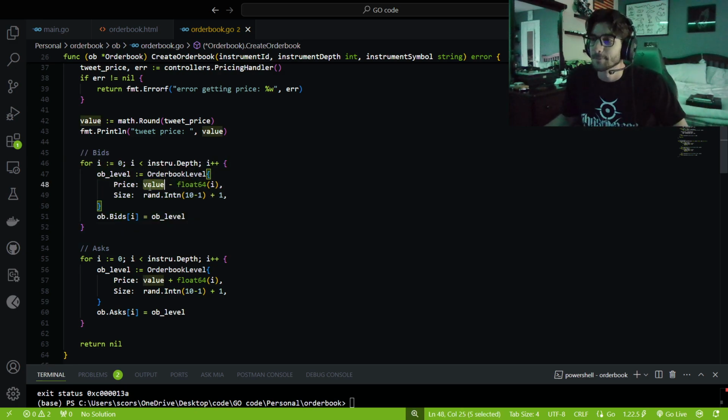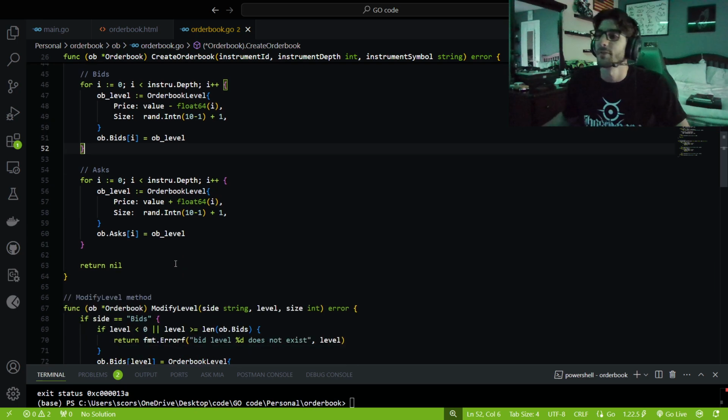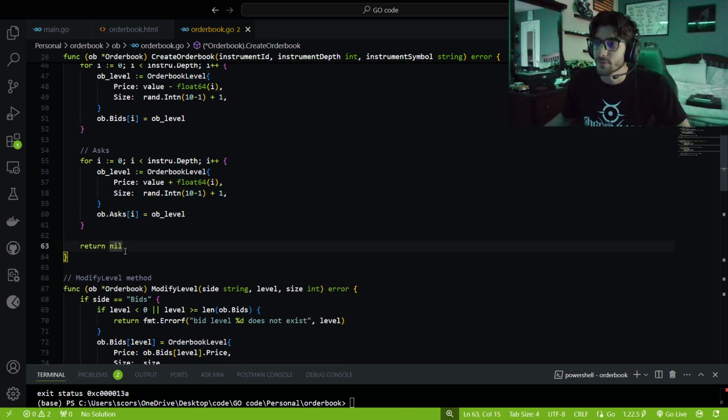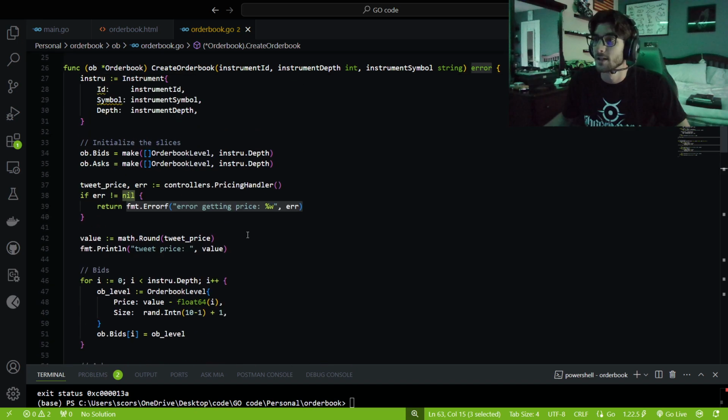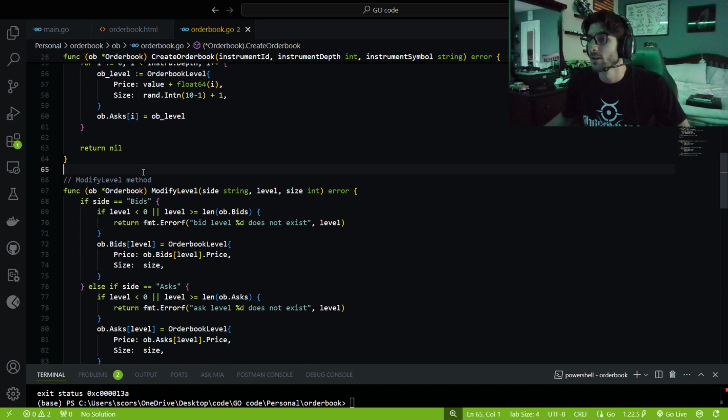I'm just having it decrement and increment the price of the tweet for each level. I'm not actually going by decimal places or anything, which you should, but just to get this quick, conceptualize it, get the fundamentals of the code down. You know what I mean? Do the same thing for asks, and then we return an error throughout all of this if anything goes wrong, or we return nil.